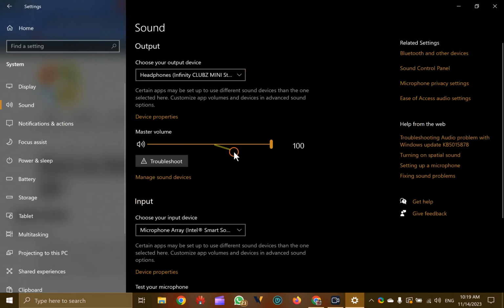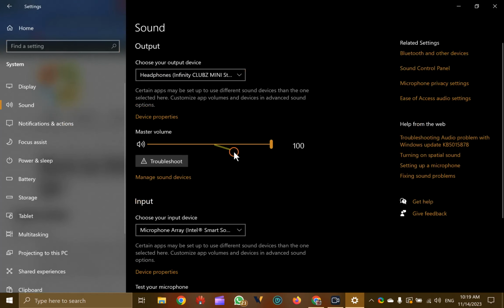In input, click on this one manage sound devices. Here you will find under input devices your microphone entries. Click on the one you want to disable and select this one disable option, and if microphone is already disabled on your PC, you will find here enable option. Clicking on this will enable microphone on your Windows 10 PC.